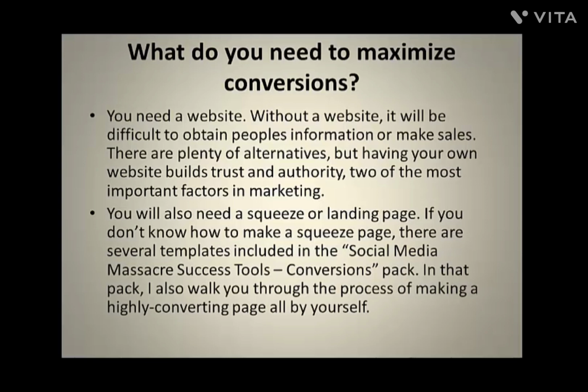So what do you need to maximize conversions? The first thing you guys are going to need is a website. A website is going to serve as the hub and the real center of all of your marketing efforts, so I really recommend that you have one. The biggest reason you're going to want to have one is because you need your own place to host squeeze and landing pages. Many mailing list providers like Aweber, MailChimp, and GetResponse will allow you to host pages on their own servers. The problem with this is that you really don't have the complete control that you would have by having your own website. So once again, guys, if you don't have one, that's completely fine. It's not going to cost you a lot of money or take a lot of time.